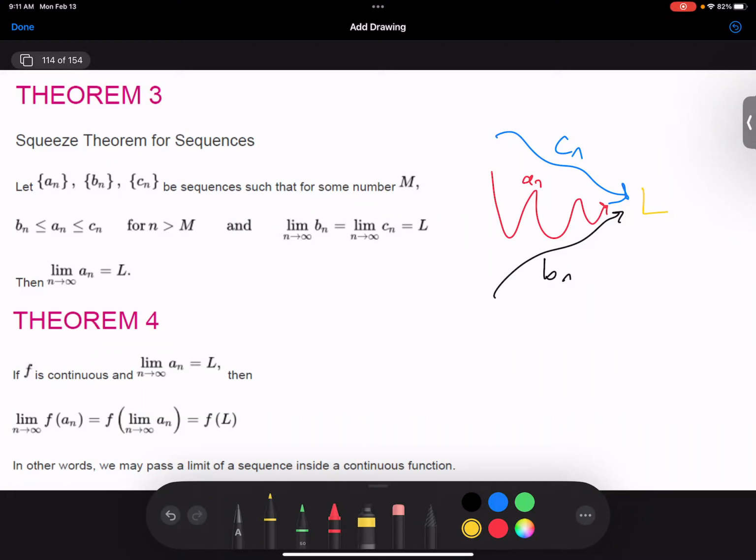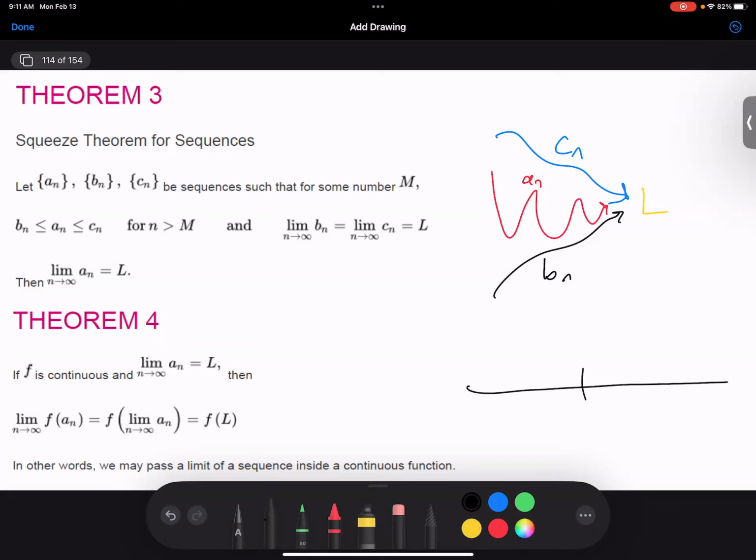All right, the next result: if f is continuous and the limit of An equals L, then f of An goes to f of L as we take the limit as n goes to infinity. Essentially, this is what it means for a function to be continuous. If An is approaching L,